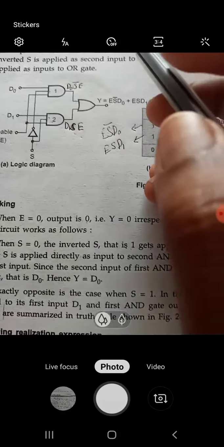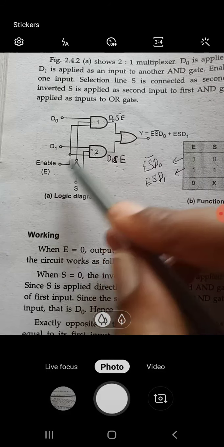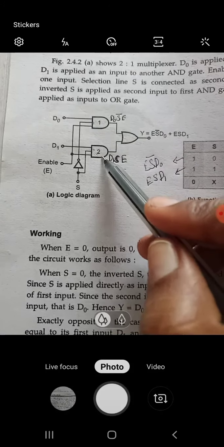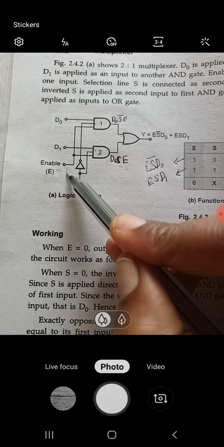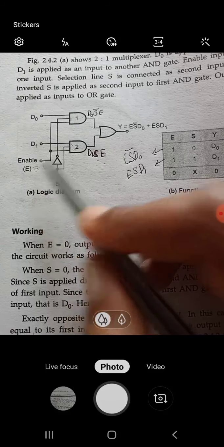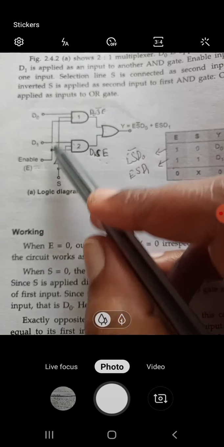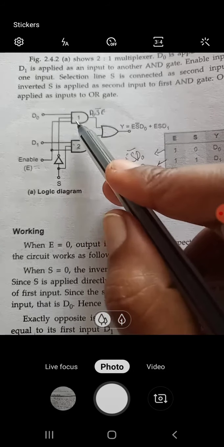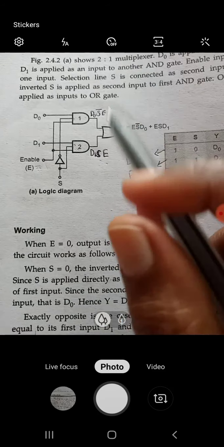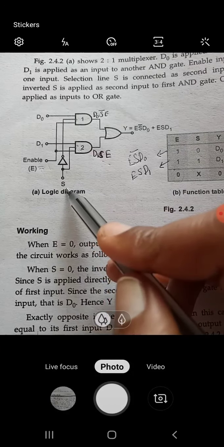Now if you look into this, when E is equal to 0, if I give logic 0, neither this is active nor this is active. So both are active when you have E value equal to 1. See here, you can look into the table. When E value is equal to 1, then you can have access. When I give a 1 over here, it means enable, from the enable side you can either turn this on or this on. The work of enable is done now. Then how to select either this or this? That work is done using your select line S.